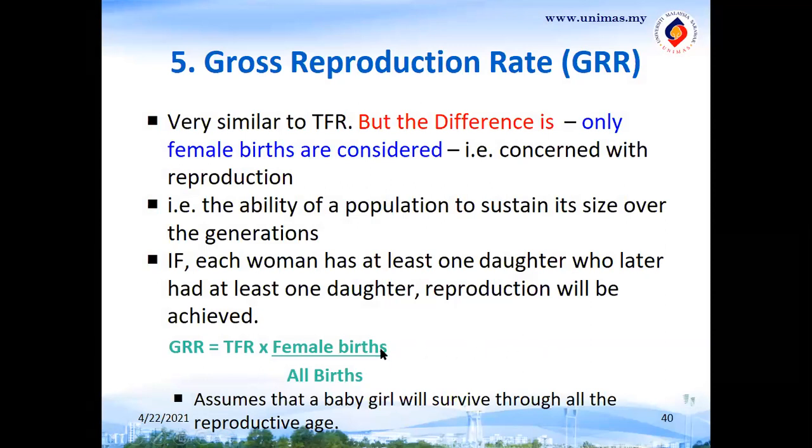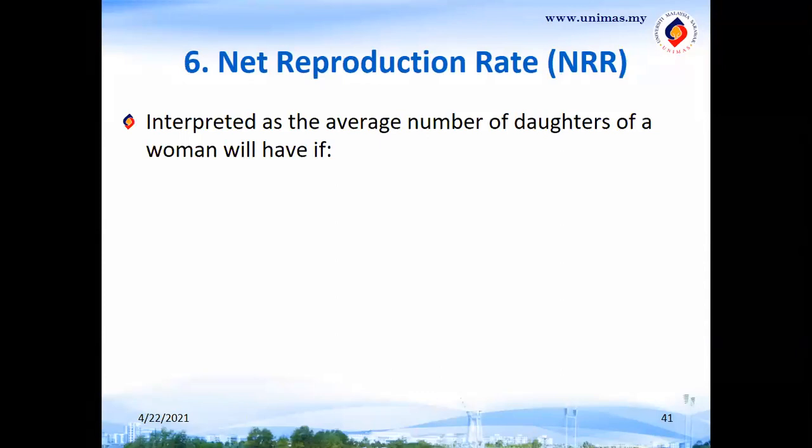So if we have more female birth, maknanya there is a likelihood that the population will increase ataupun at least maintain lah, ya, dibandingkan dengan populasi yang mempunyai kurang kelahiran anak perempuan. Because anak perempuan adalah the one which will ensure the future generations. Yeah. Okay, so another, probably the last one is the net reproduction rate. Net reproduction rate ataupun saya gunakan NRR di sini